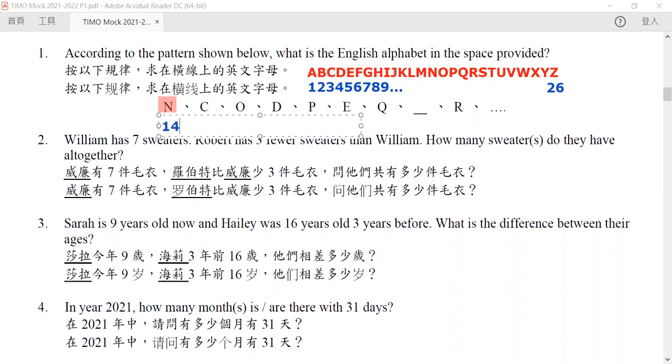So we can now convert it into the number 14. So we can do this. Once we convert all of them, you can see it is much easier for you to know what are the